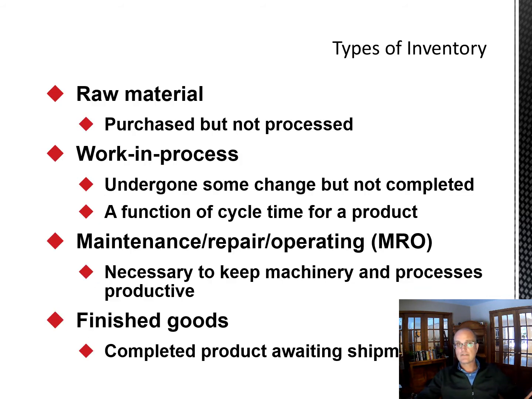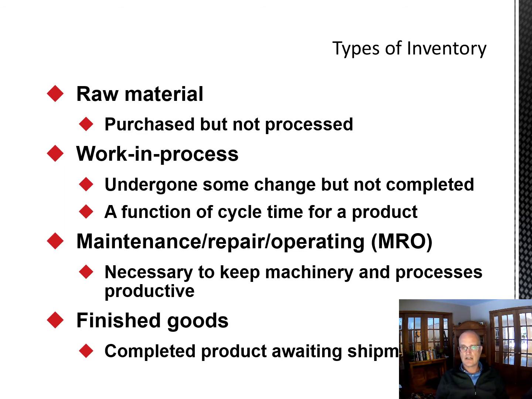So lots of different types of inventory, and these will make a lot of sense. There's raw material, purchased but not processed. So at the beginning of a production process, there's work in process that's undergone some change but isn't finished at various stages